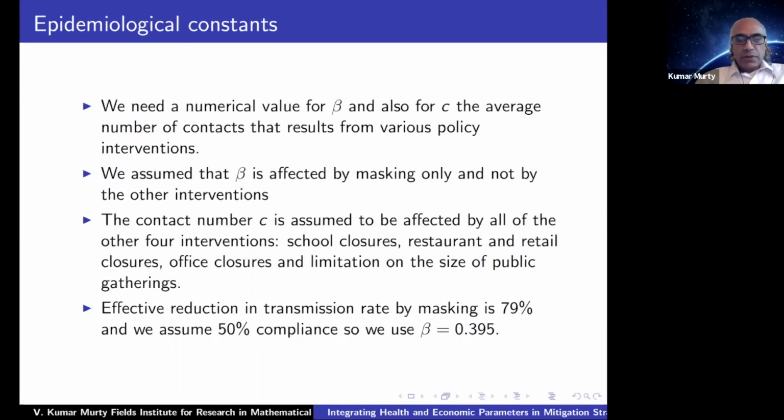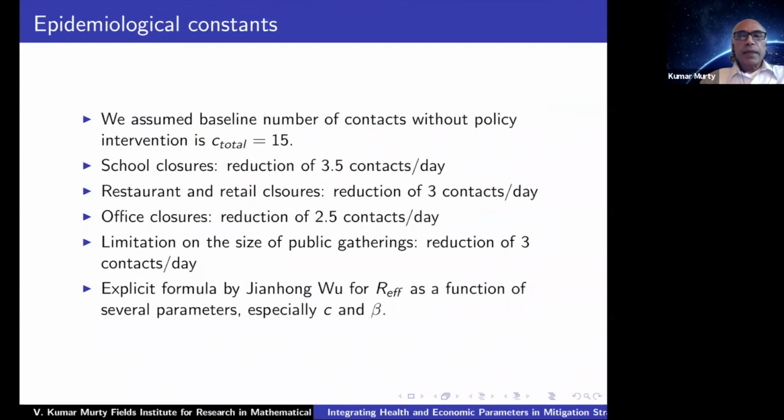From John Hong's paper, we got that the effective reduction in transmission rate by masking is 79%, and we assume 50% compliance, although in Canada it's probably higher than that, so that we get a beta of 0.395. We also assume the baseline number of contacts without policy intervention is 15, and we estimated that each intervention reduces contacts in the following way. I think this is maybe already in John Hong's paper. School closures reduce contacts by 3.5, restaurant and retail closures by 3, office closures by 2.5,